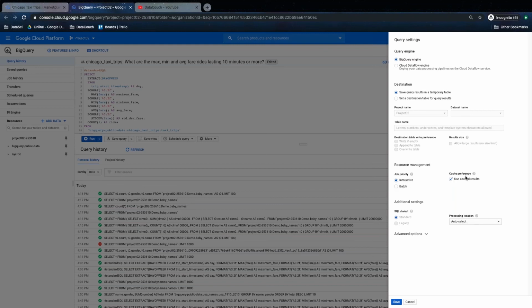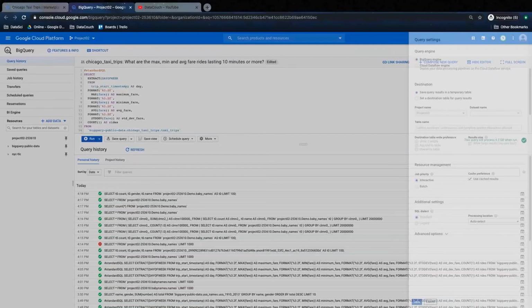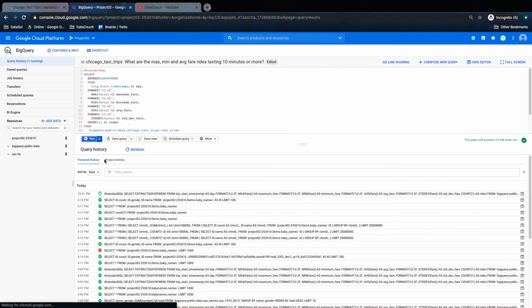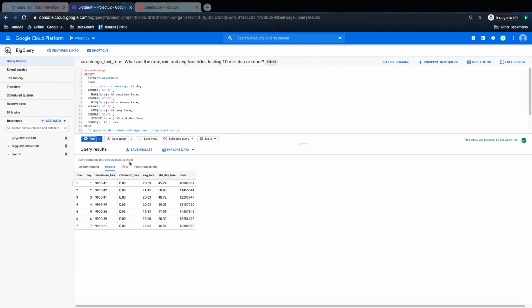So similarly, you can see there is cached result. So first time when you execute query, it will charge, and it will show you the results. It will take time, but second time when you execute the query, it will bring from the cache result. So second time it will be very fast. It will take 0 seconds. So I will just show you that example. So I'm not changing anything, so I'll just say cancel. I will run it. So when I run it, it is processing the data, and it will show me the results. So it is showing me from the cache. Maybe I executed this query earlier.